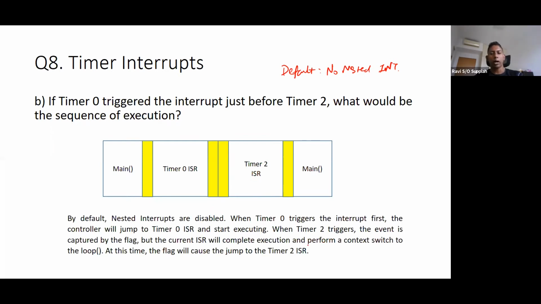So how do we know that timer 2 needs to be serviced? Because whenever the interrupt is triggered, there is a flag that will be set. This flag that is captured by the system will tell the controller that there is still an interrupt service routine that needs to be executed. Because the interrupt has been triggered, but I have not executed the ISR. So that is why after I finish the first ISR, I'll be able to do a context switch, and later on move to the second ISR.